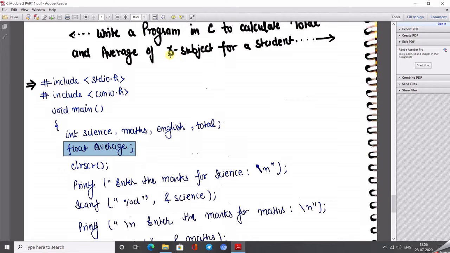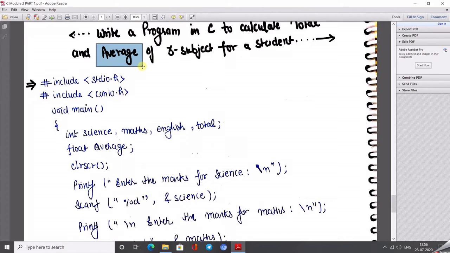For that I use the variable total. Total stores the summation of these numbers: science marks plus math marks plus English marks will be assigned to the total marks. And after getting the total, how can we find the average?